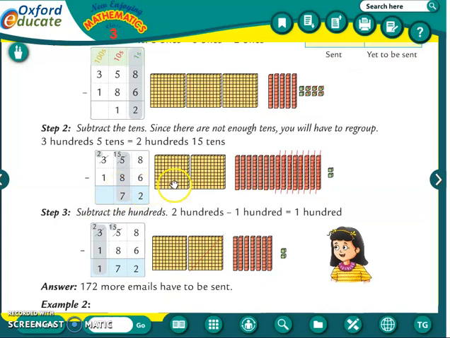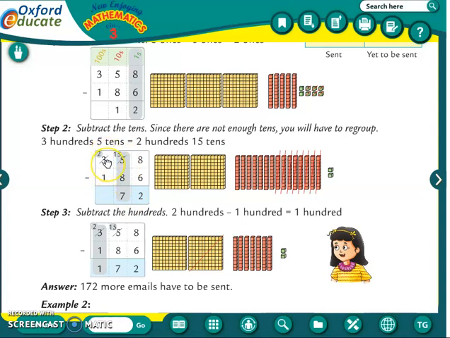So here on the tens place we will do 5 minus 8. Can we do? No, because 5 is a smaller number and 8 is a bigger number. So we can't do 5 minus 8. So we have to borrow from the hundreds place. So we will cut here and write here 15, and we will cut the 3 and write the before number 2. So here 15 minus 8 is equal to 7, and here 2 is there.